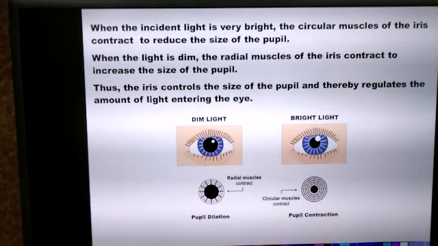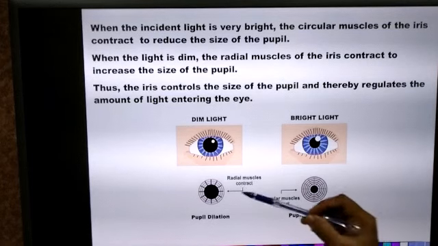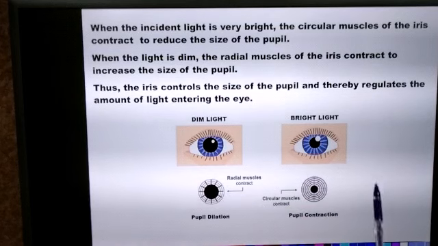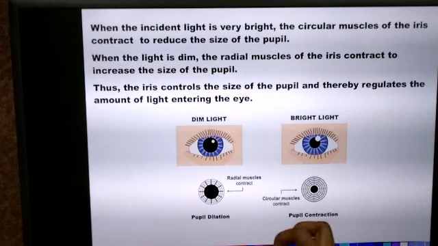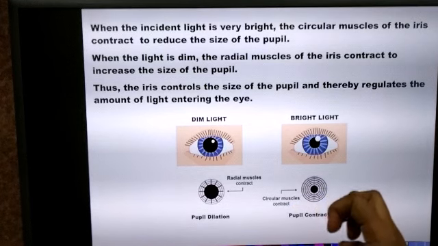Now, whenever we go to such dim areas, the muscles of the iris, which muscles of the iris? The radial muscles, these lines, these radial muscles of the iris, they contract. What is contraction and relaxation? Contraction, relaxation.